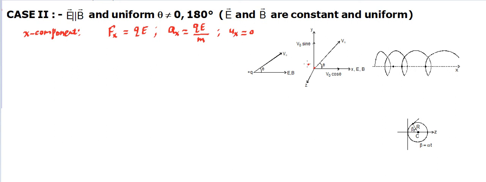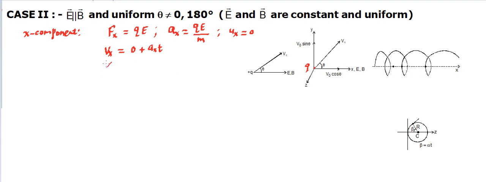That means you will say that the charged particle is initially at rest, and then you can find the velocity at any time in the direction of x. The velocity component in the x direction is going to be, because this is uniform, so it's a constant acceleration, u plus at, that is ax into t. If the initial velocity is given to us, you can use that velocity as well.